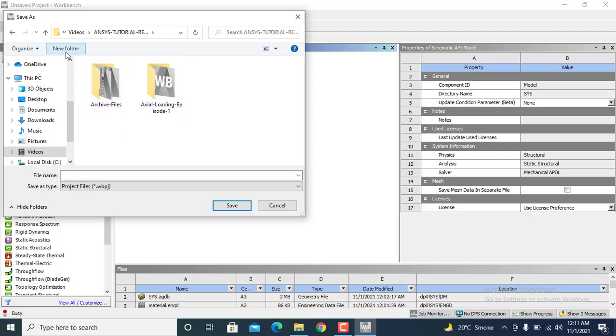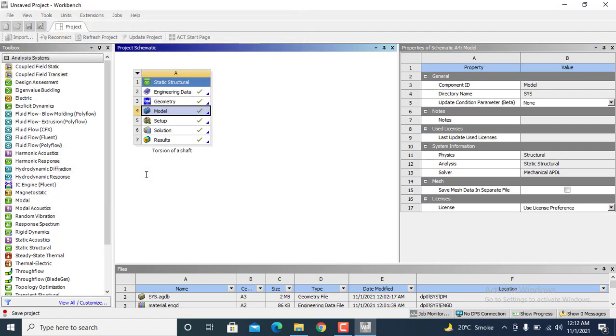I want to save my model here, so I will create a new folder under name torsion episode 3 geometry, press enter and double click on it and name it torsion and save it. We have successfully saved the model.